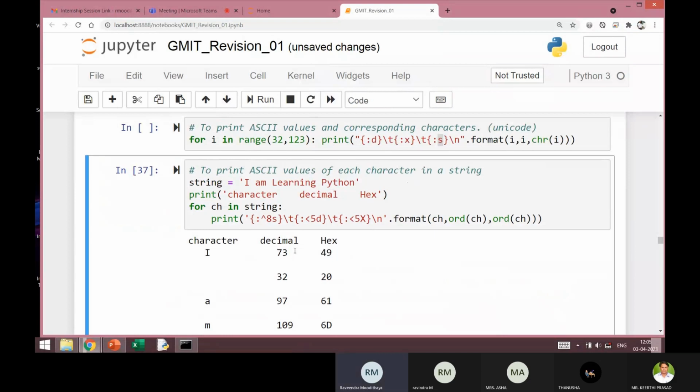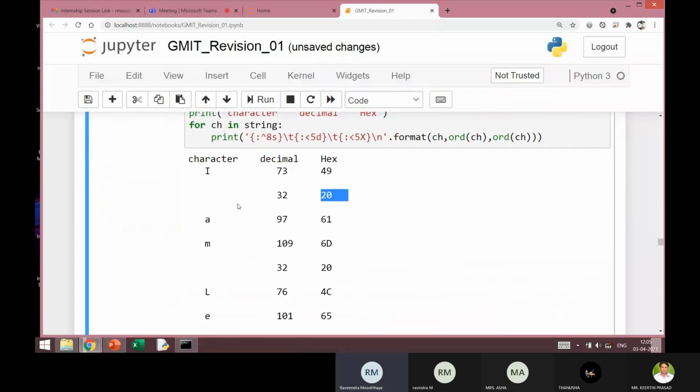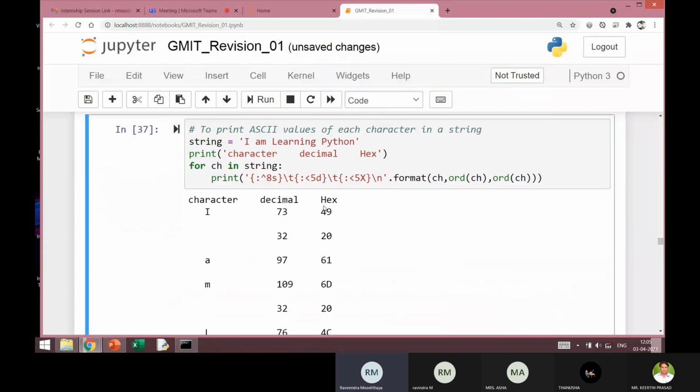The hex value for 73 is 49. The hex value for 32 is 20. Okay. So here 8 characters are used. Now you see that there is a tab here. Because of this tab, you'll see some gap between each of these values in each row. Okay. So this is how the output will be.